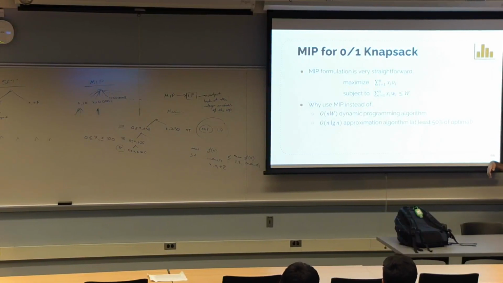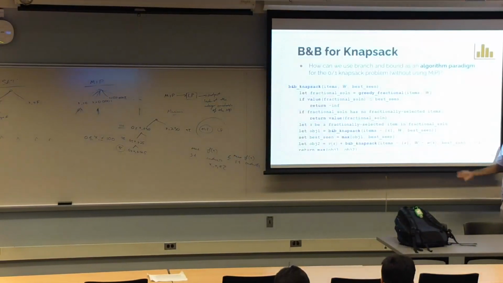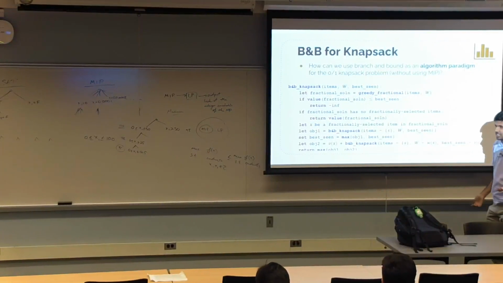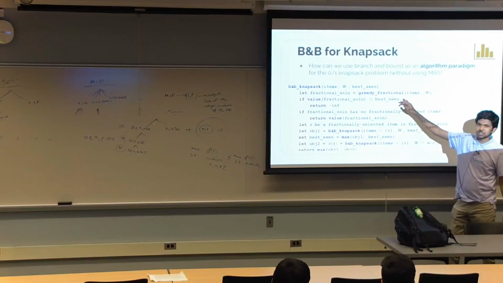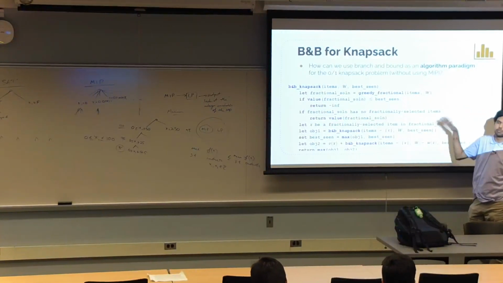So the point is, we can solve it different ways, and maybe it'll run a little bit quicker for a mixed integer program with just a different formulation. But the real thing is you can actually use branch and bound as a skeleton for solving it, and it's the same idea as mixed integer programming to linear programming: get the fractional solution, and then branch based off of what